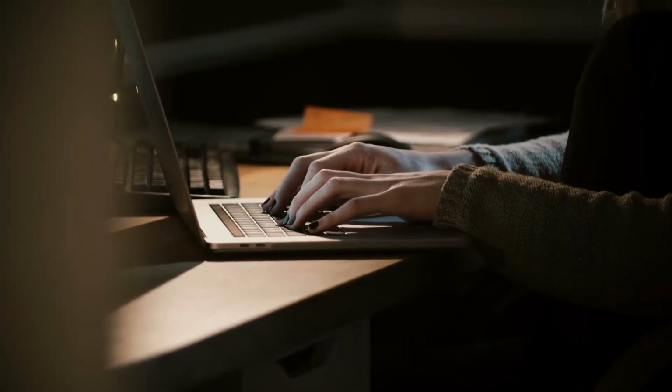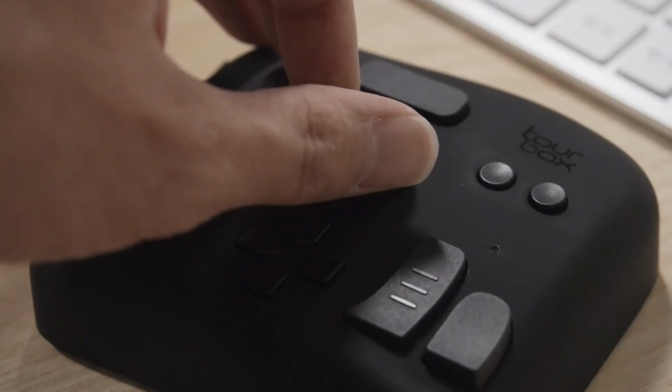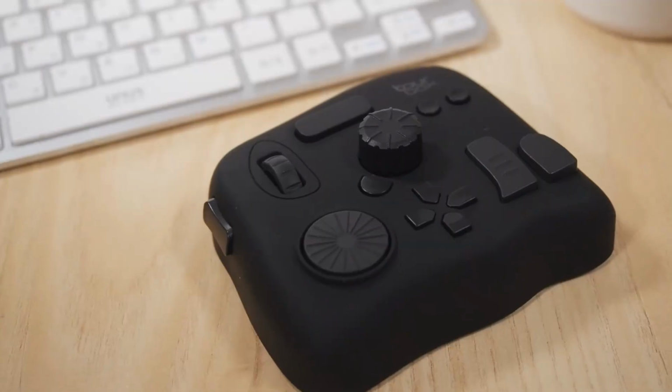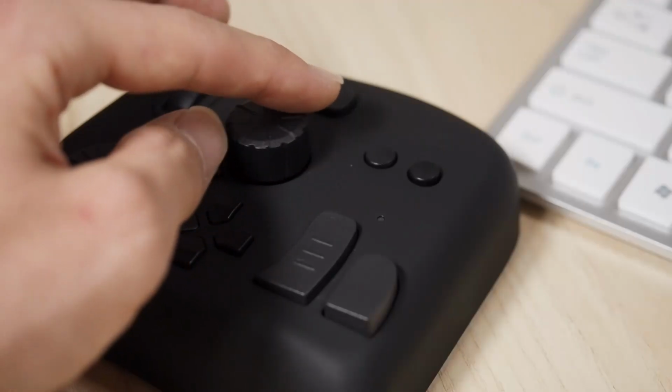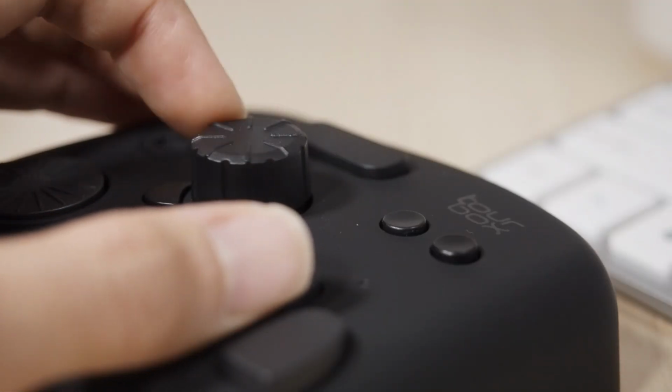What I mean by that is when you're editing video, there is a lot more adjusting and scrolling, meaning instead of pressing actions that you would do on your keyboard, it's much more clever to have rotational actions such as knobs and sliders to adjust different parameters. On that note, TourBox comes with 3 different rotational dials, and not only that, you can use these knobs in combination with keys in TourBox to do different things.